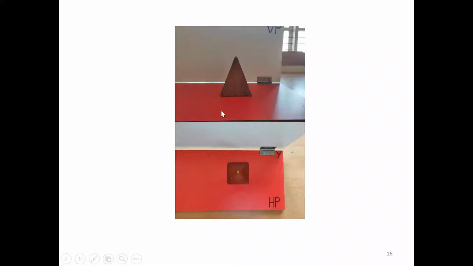Yes, sir. Then you can see the square base completely in the top view. Along with square base, what are the other parameters that you can see in the top view? If you are looking from top view, which point of the solid is visible first? Vertex, or apex, or the taper portion of the solid is visible in the top view first. Okay. That means this point is visible in the top view first.